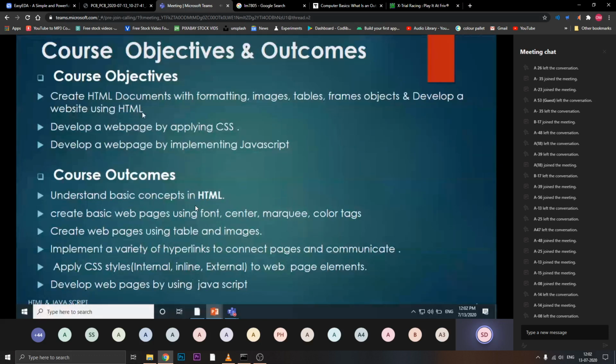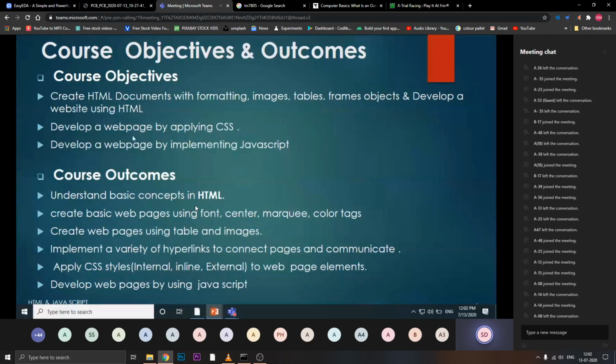As I told you, this subject totally belongs to the website. So website development related basic things you are studying in this subject. You should be able to develop a site using images, tables, and frames. You should be able to perform this after studying this subject.